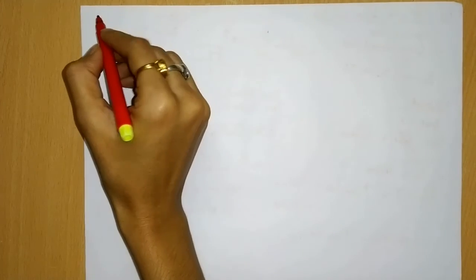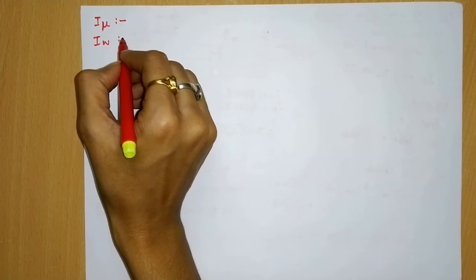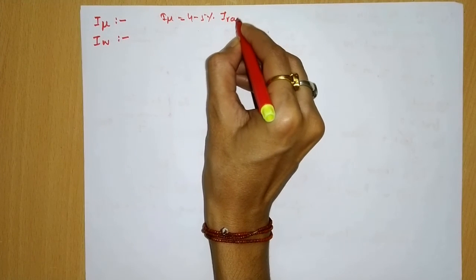Now let's see what is the magnetizing component I mu and the core loss component IW. What is magnetizing current? It is the component of the current drawn by the primary winding of the transformer to produce rated magnetic flux inside the transformer core. This is purely a reactive component current. As the transformer is designed using high permeability core medium, I mu demand is very low. It is 4 to 5% of the rated value.